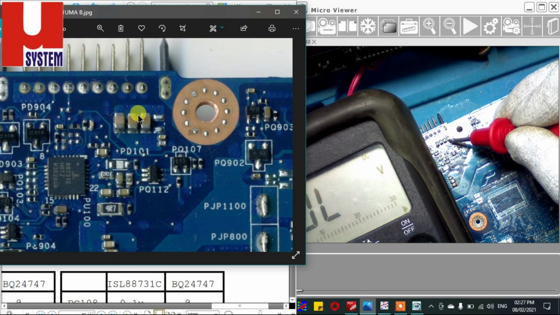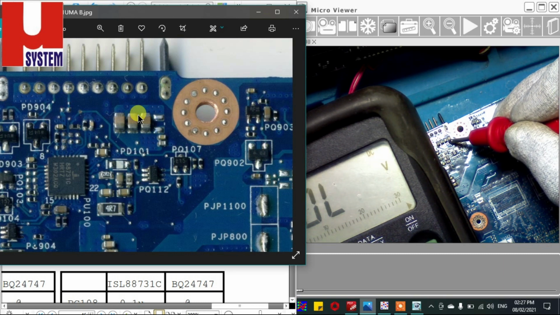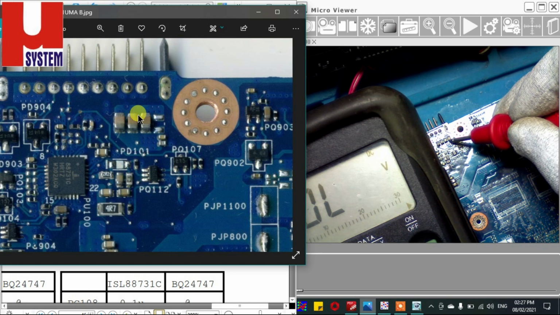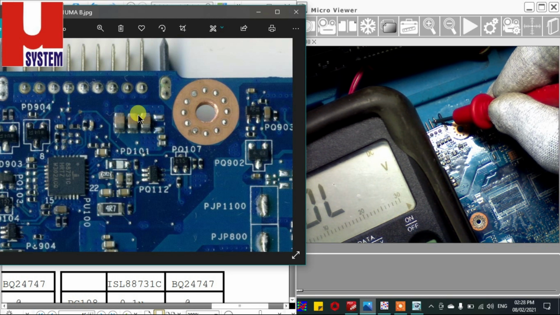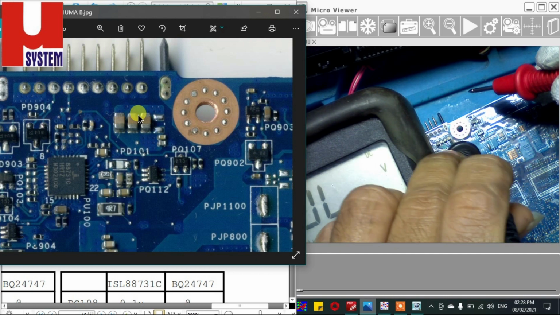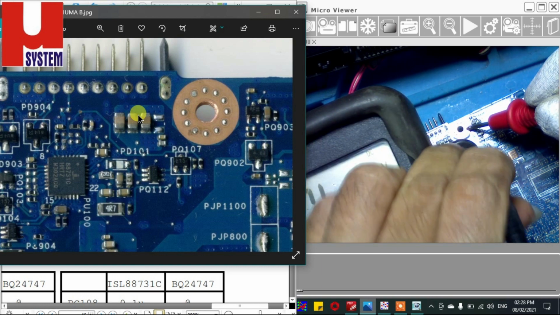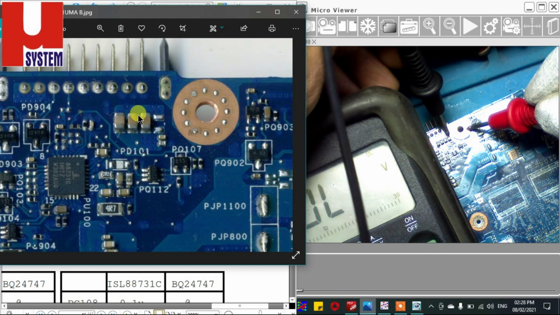So as you can see over here, you are able to get a high resistance over here. This is the ground point, and this is the another side. This is the positive B plus, and over here the B plus we are checking it with the ground. This is the ground circuit. This is the positive circuit, and this is the ground circuit.